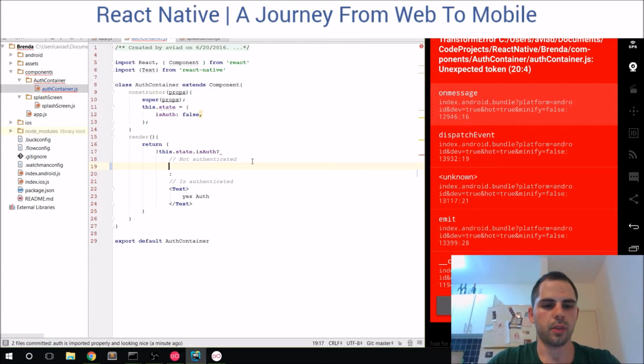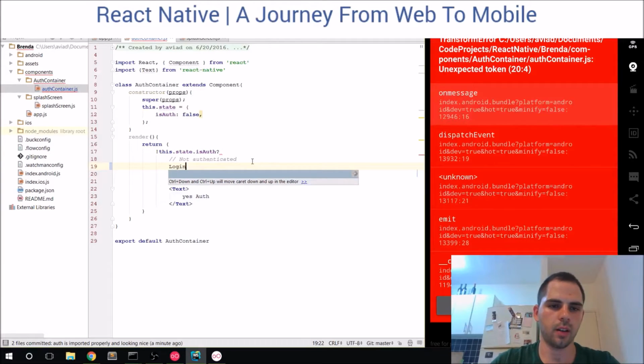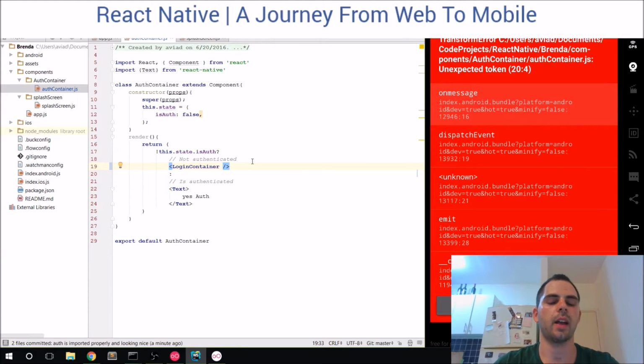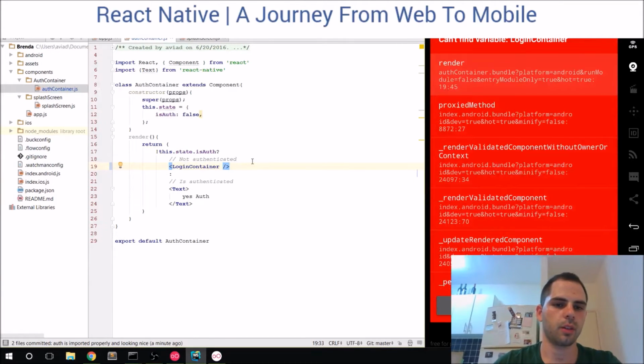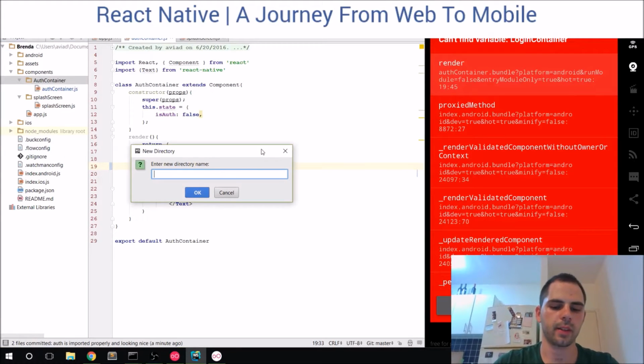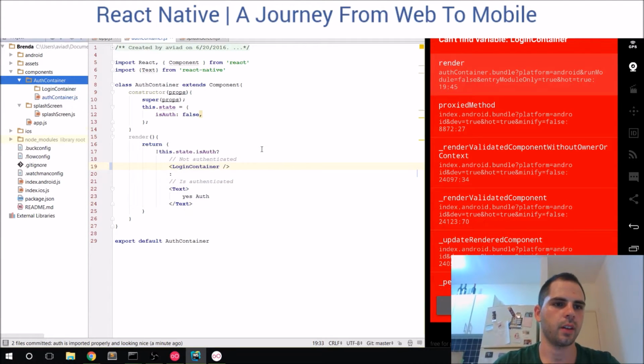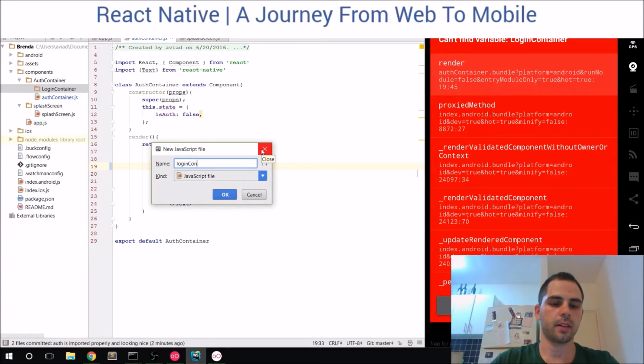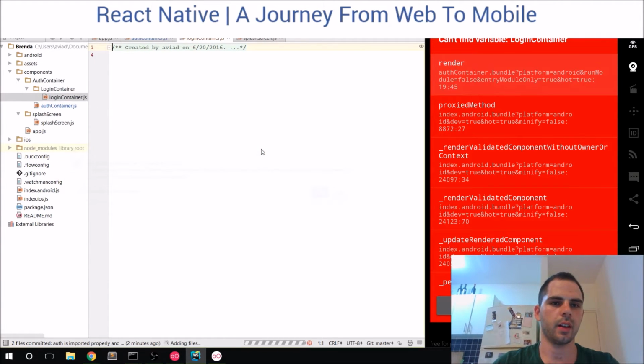So what I'm gonna import here or use is gonna be a login container. And it's gonna be a component that has nothing on it. Okay, cool. So login container should be inside auth container in my perspective. So login container, inside it you're gonna have a file called login container. Great. Yes. And then again, import React, component from React and